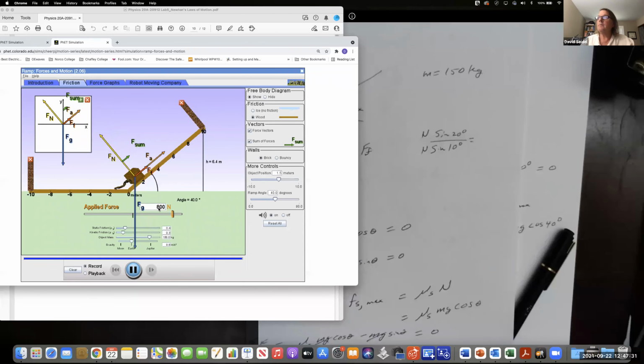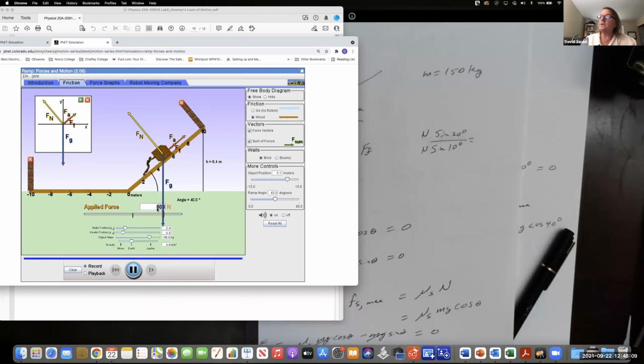800. Now I'm going to move its position again. But it's not going up either. Now look at this little red arrow. Look at the way that it's pointed. It's pointed up. So let's make this a little bigger. Let's go to 600. It's still not sliding down. My F applied got smaller. My force of friction got less. There's force of gravity that's acting this way. There's a portion acting this way.